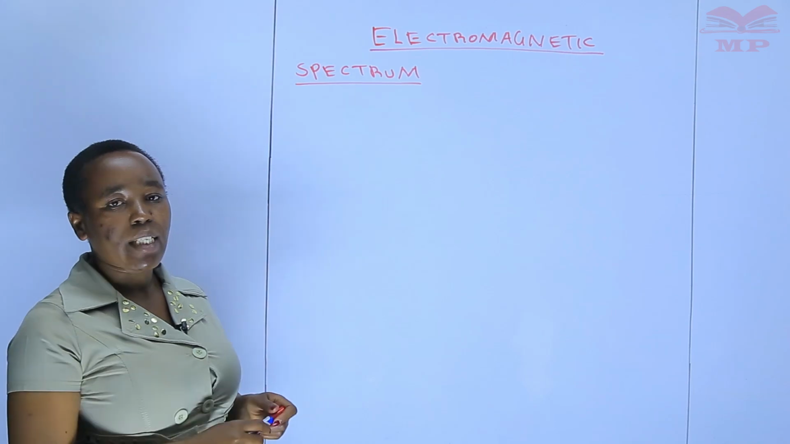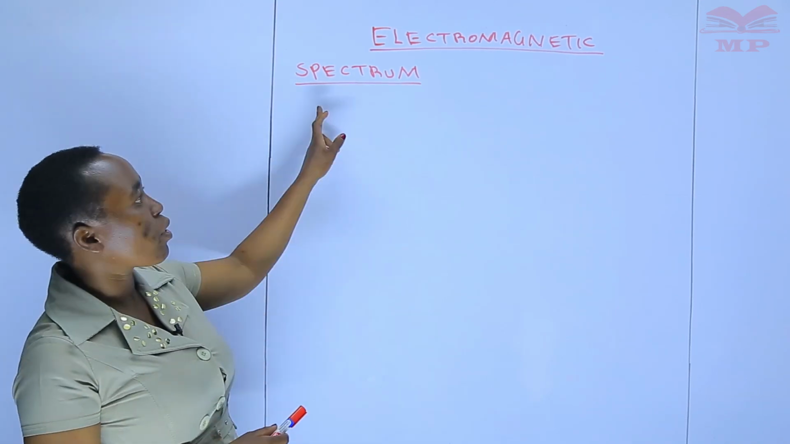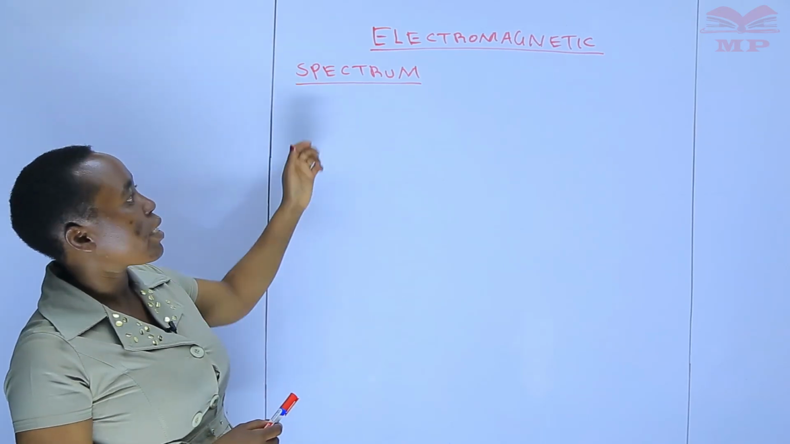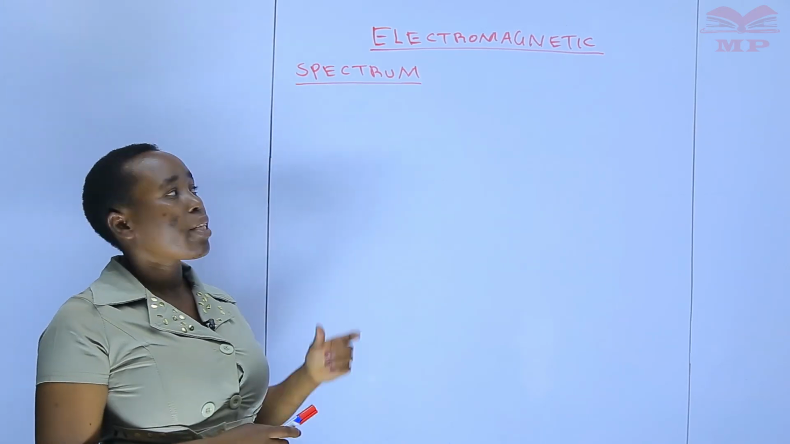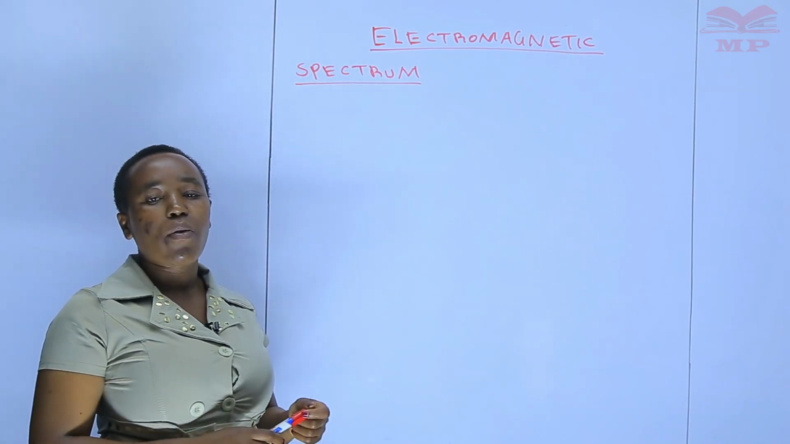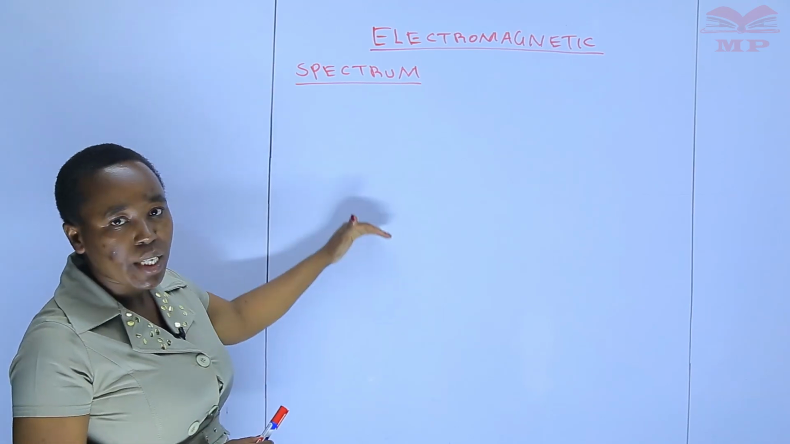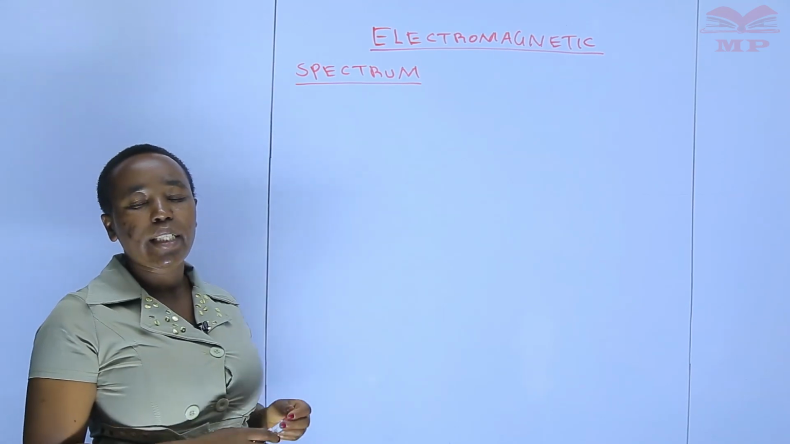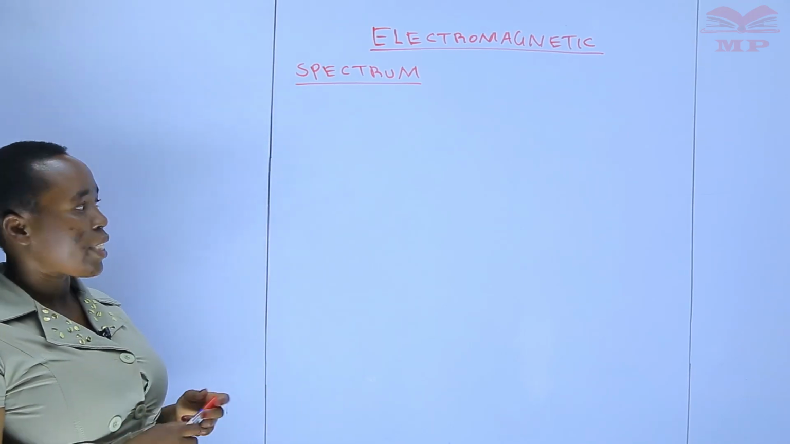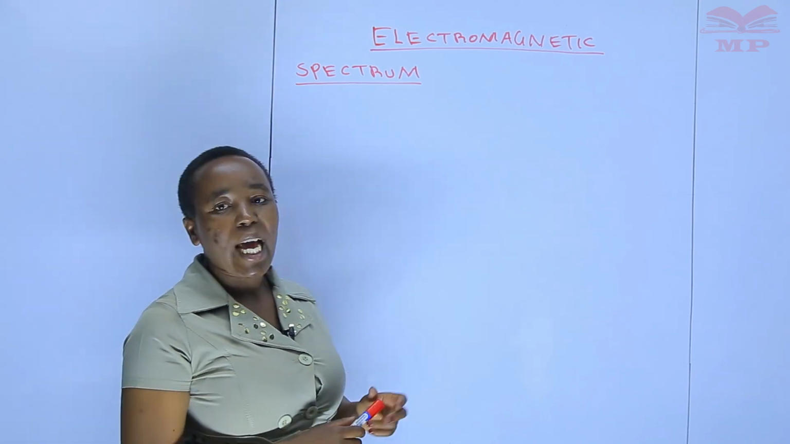From the previous lessons, we have been able to know what we mean by an electromagnetic spectrum, and we say that an electromagnetic spectrum simply refers to the electromagnetic waves arranged in order of their frequencies or wavelengths. And we were in a position to list down all those electromagnetic waves, the 7 of them, in order of their frequencies. So during our lesson today, we'll look at the hazards